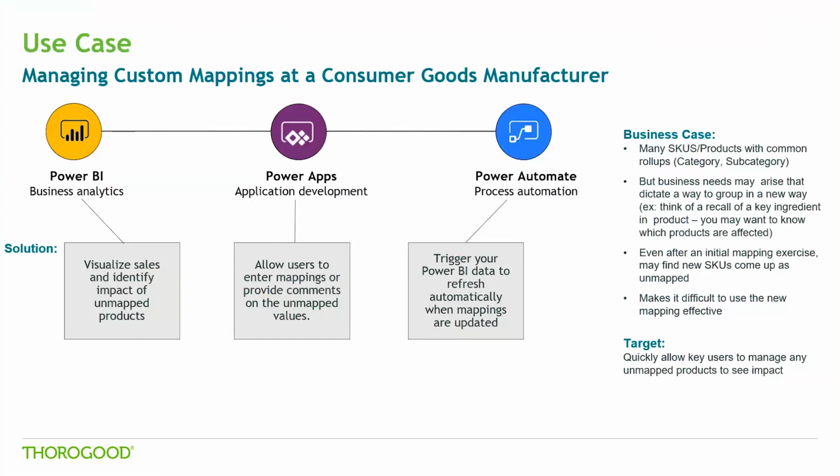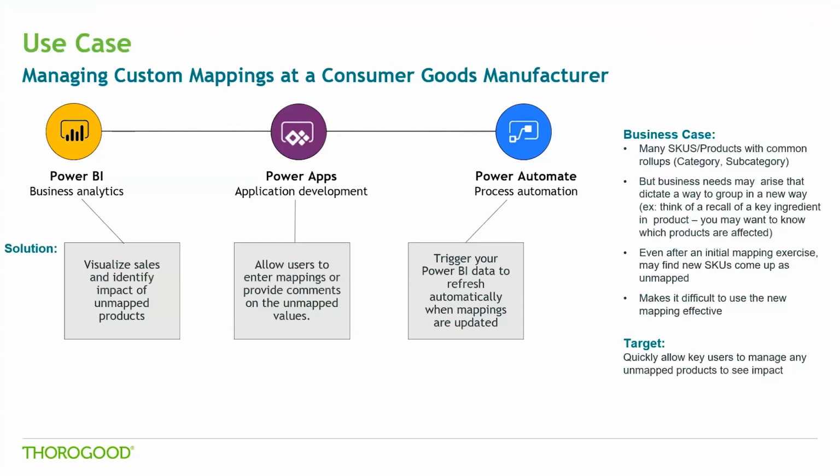And this exercise is in most cases done manually. So there is a lot of room for errors, and when we receive the file, we've seen that certain products are left unmapped. So how do we bridge all these gaps using an automated solution? And that's what we're going to see here.